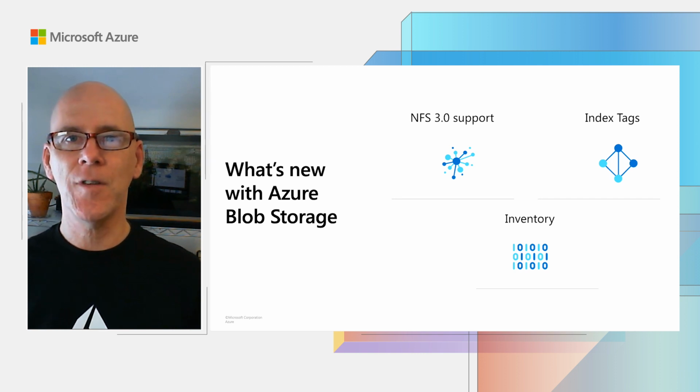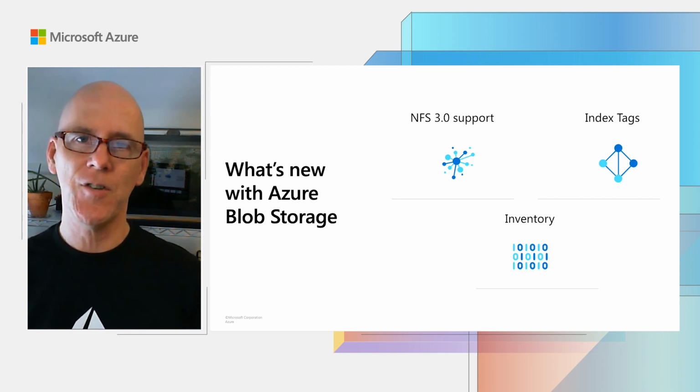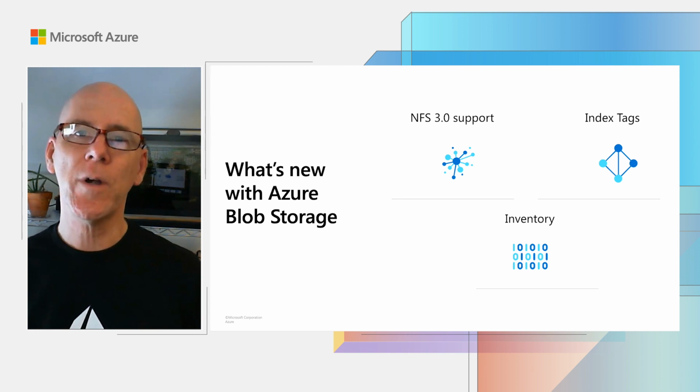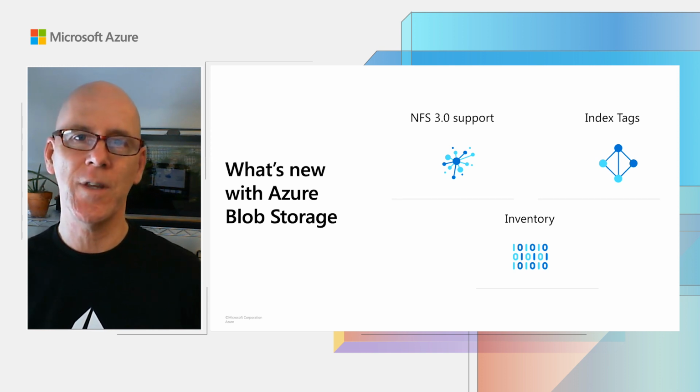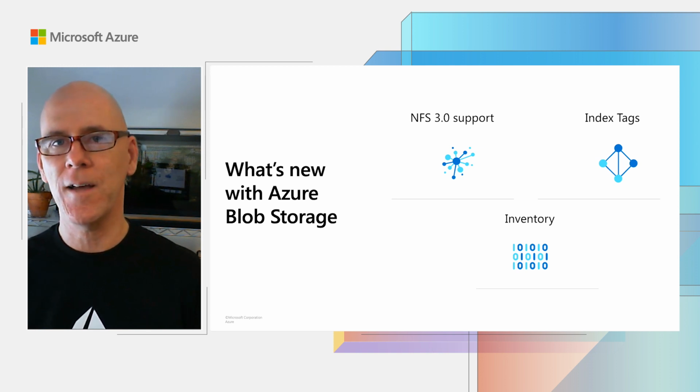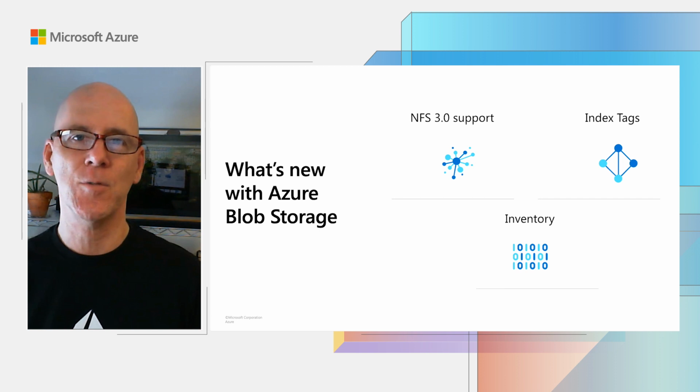The second feature I want to talk about is index tags. Index tags allows the user to add up to 10 indices per blob and then do a query against those indices to return a subset of the blobs that are in their account. So you can imagine that in the past, many customers would have a solution with a separate catalog or database to track their blobs as well as be able to search against that catalog to return a subset. For some of those workloads, you no longer need to have that separate catalog because you can query directly into our object store.